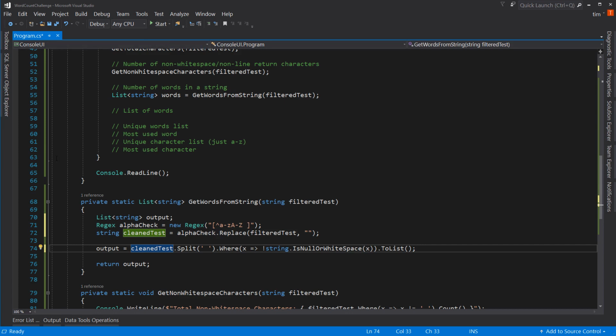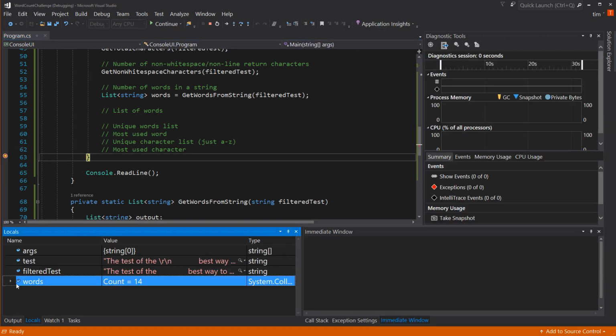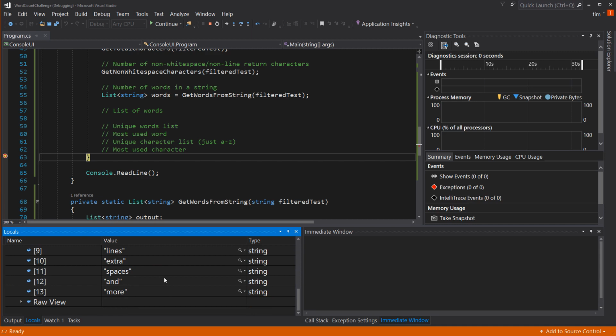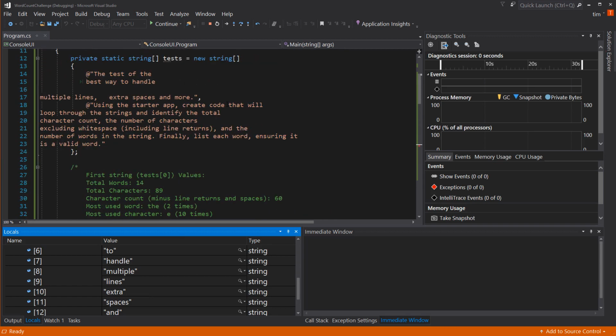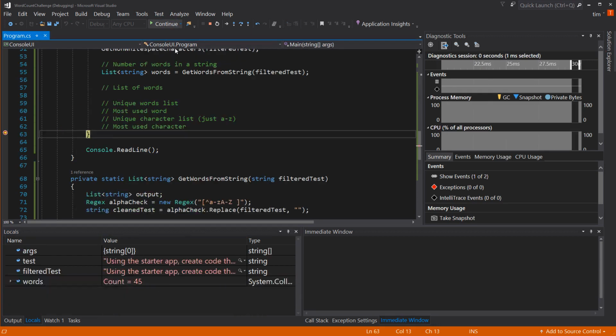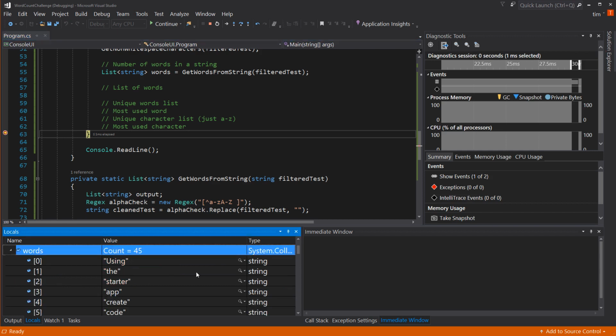And our output should be valid. Let's go ahead and put our breakpoint at the end here and run it. And now count equals 14. Let's look at the last one. We know there's a period there. More, period. That's it. So you look up here. More has a period at the end. Not anymore. Lines had a comma. Doesn't anymore. If we hit continue,